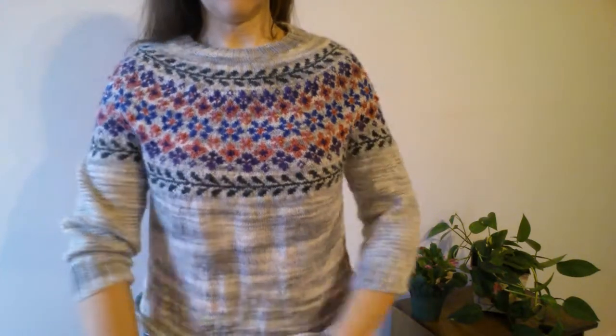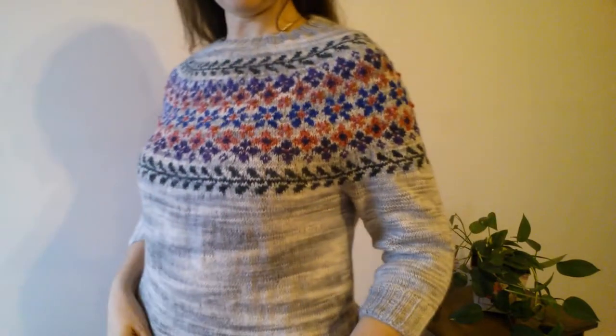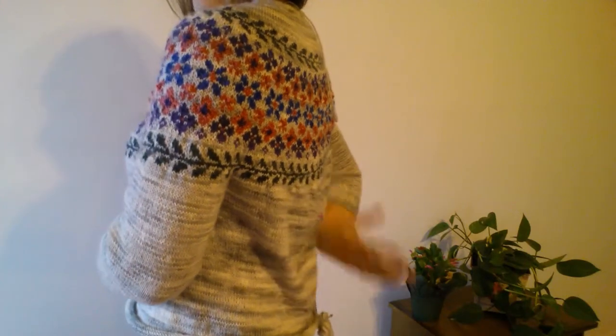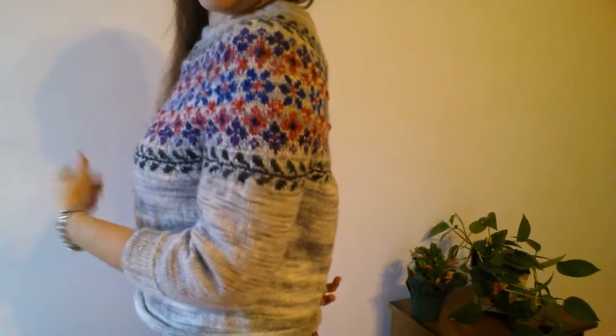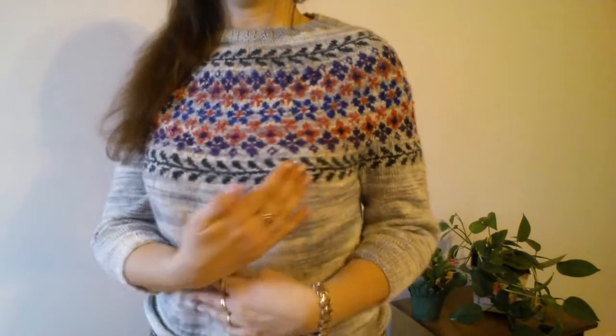what I didn't like the most, if you look from the front, it looks quite okay and nice, but if you look from the back, it creates this hanging fabric on the back. I was kind of guessing that that's what might happen, so I didn't divide front and back the same, I already moved 10 more stitches to the front to have more fabric up front, but it's still